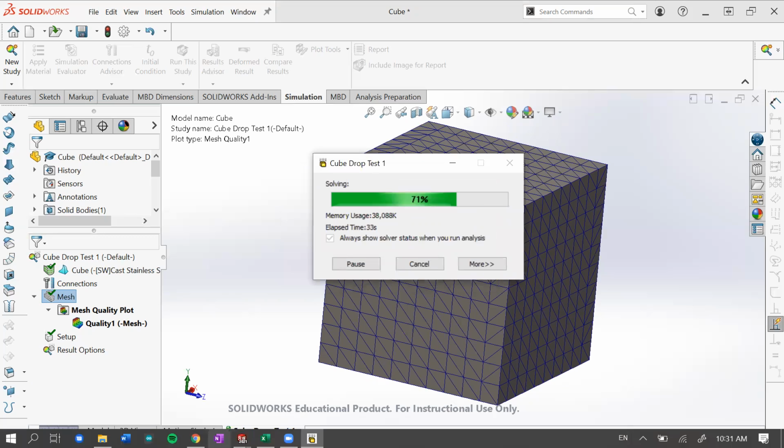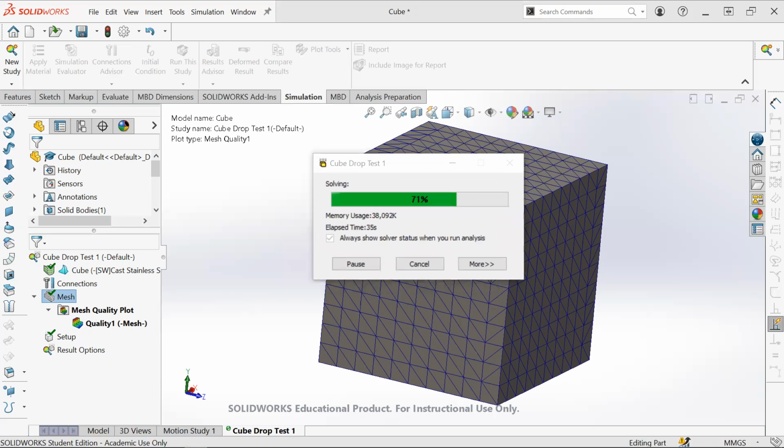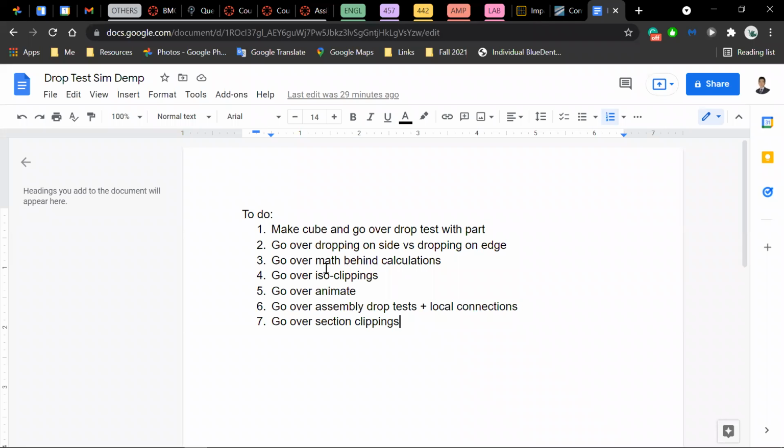Now for us, let's go back to our Word document. Okay, so we've gone over how to make a cube and how to conduct a drop test with the cube with a simple part, right? So now we're going over how to drop the cube on its side. Then we'll go over how to drop the cube on its edge, and that will give,